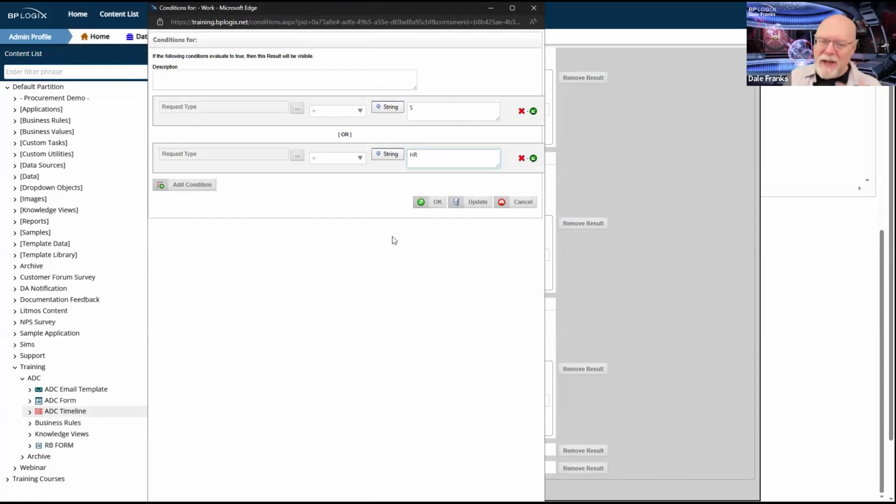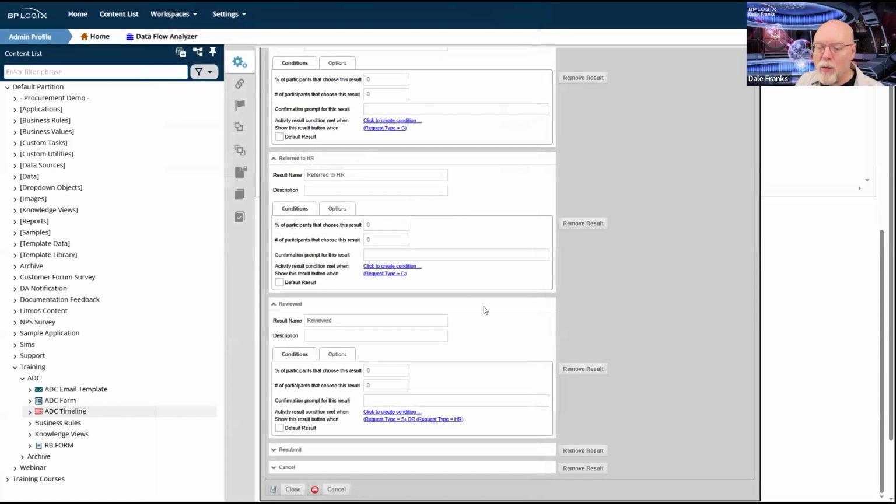Because if it's HR action, I can only review it. HR has to actually make the determination. So I've got an OR condition here. So if it's either a suggestion, which will have a value of S in the request type dropdown, or if it is an HR action request, which will be HR, then I just want to see my reviewed button.